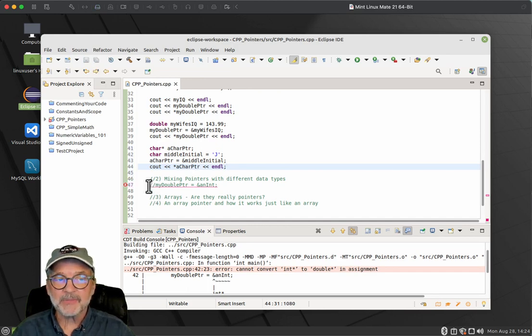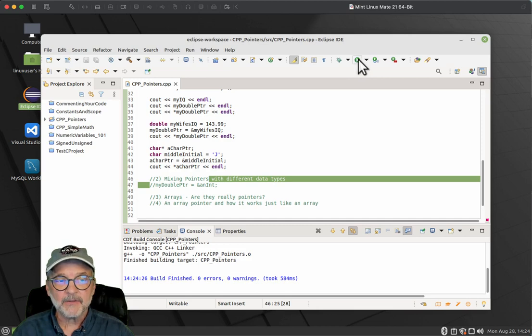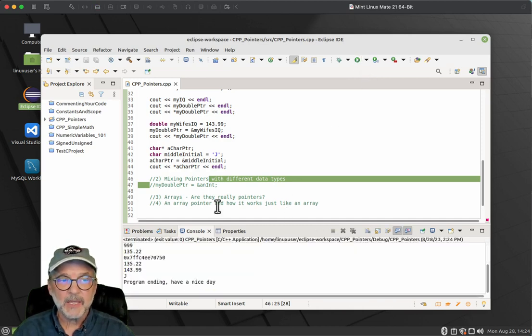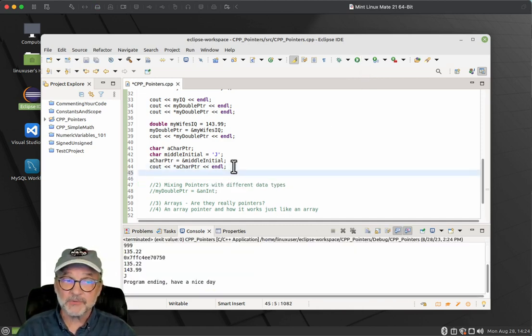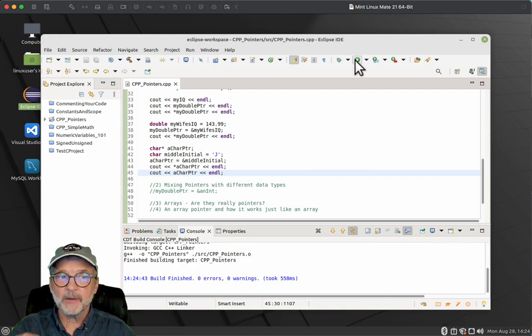Now I had to comment this out because the program will not compile if I don't. And if I run this, we should see a J. And I can always print what is the address of that by simply cout-ing and not dereferencing a char ptr. Now it'll print what's inside of a char ptr, which is an address, and that address is where the J